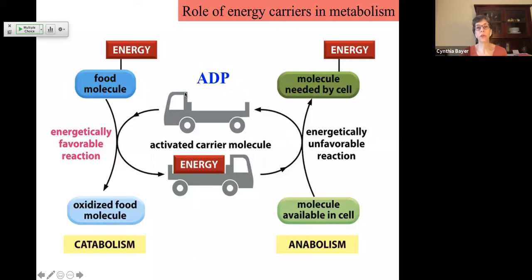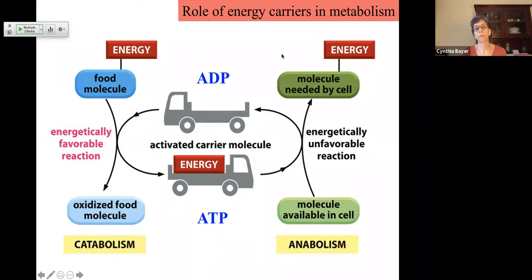Energy is used to convert an ADP to an ATP, to add that extra phosphate to the end of the ATP molecule, a high energy molecule. And when that ATP is hydrolyzed back to ADP, that energy is used to drive an energetically unfavorable reaction, a non-spontaneous reaction, a building reaction, a synthesis reaction to make a high energy molecule that the